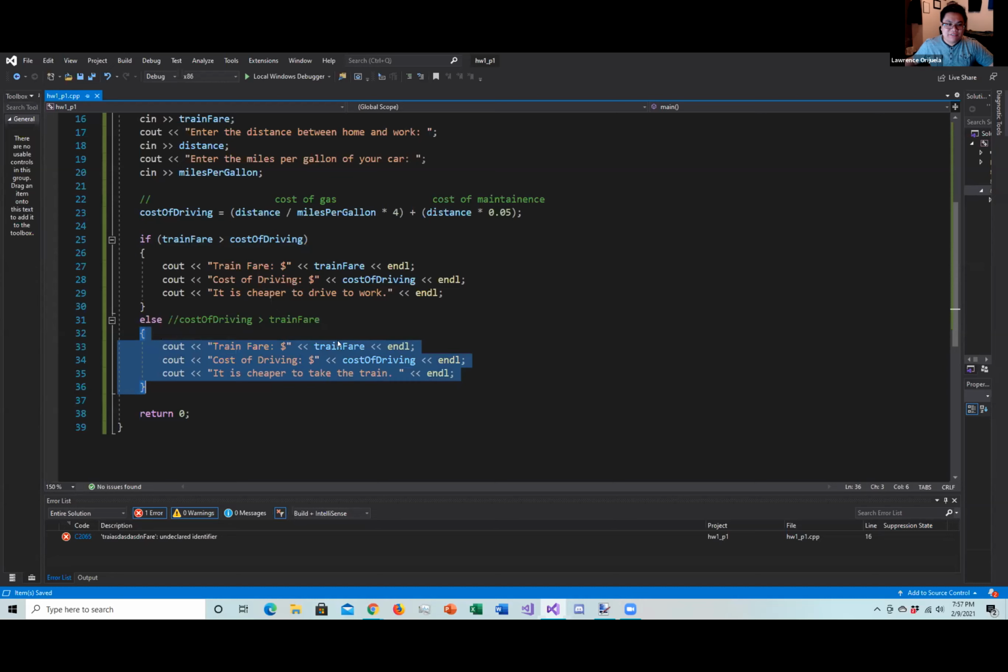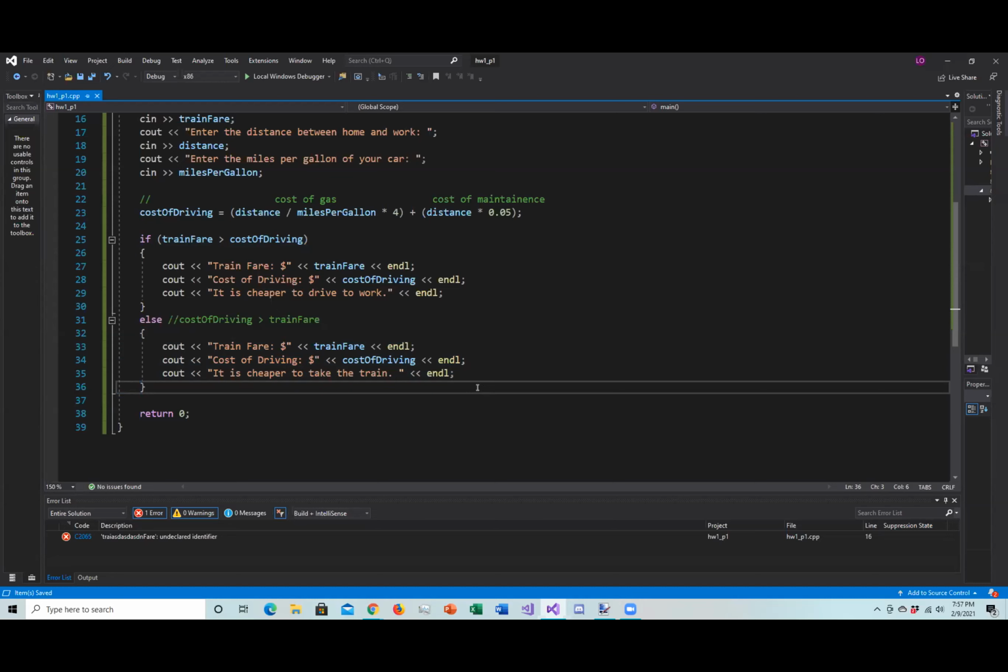And then it'll say train fare 10, cost of driving 10. It's cheaper to take the train, even though they're equal cost. But that's okay. Like we don't need to stipulate for that. Yeah, true. I just wanted to make sure that the program wouldn't stop running. But I realized, yeah, it still worked. Yeah. Okay, so